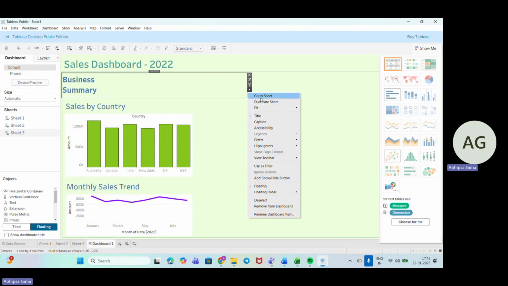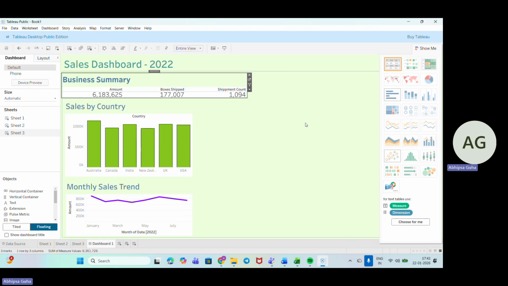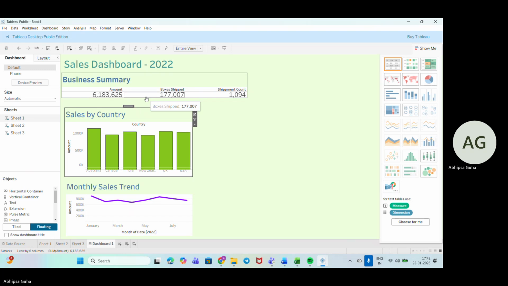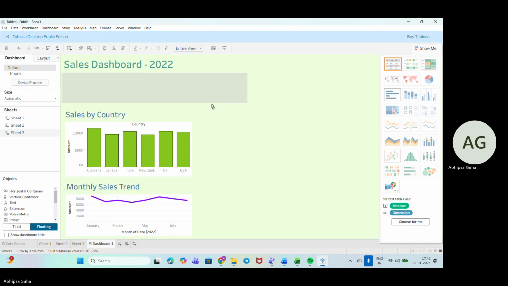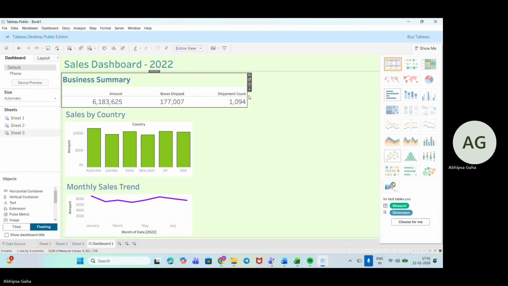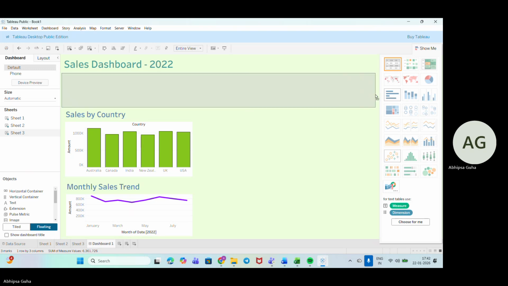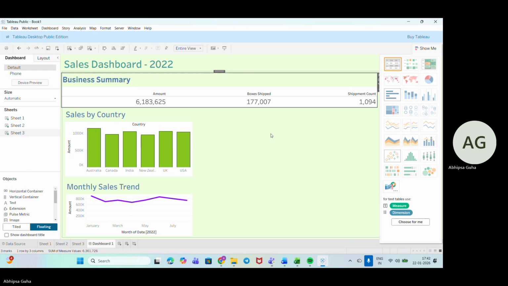Now we will go down to fit and then to entire screen. Okay, so this is how we have to do it.